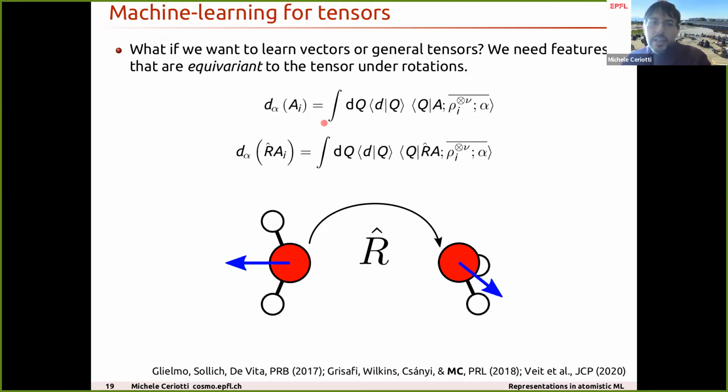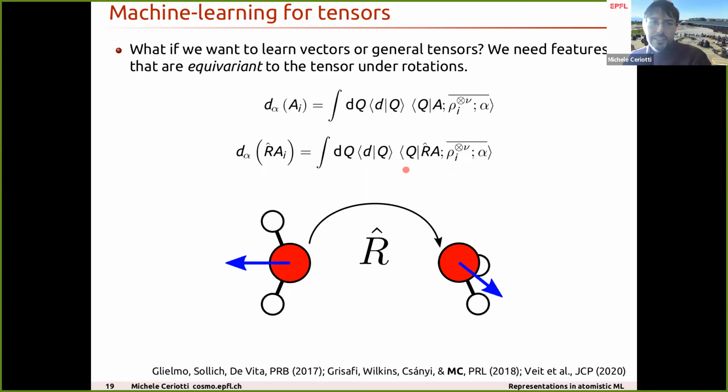So if we build a linear model for this, I maintain that what we need to do is build feature vectors that are not only tagged by a feature index, but also by a geometric index that basically tells me whether I'm regressing the x, the y, or the z component. And the linear regression model should have weights that only depend on the feature index and not on the geometric index. So if we build a model with this structure and we ask ourselves how the prediction of the model